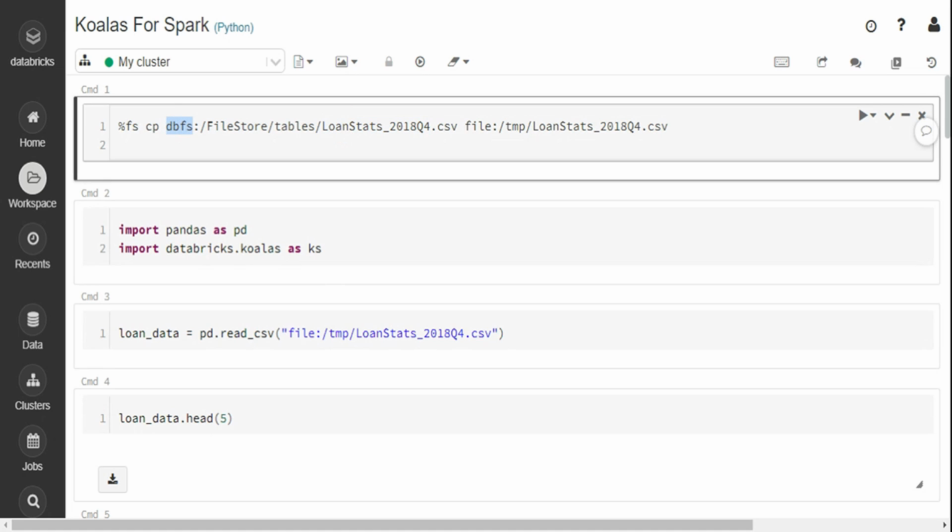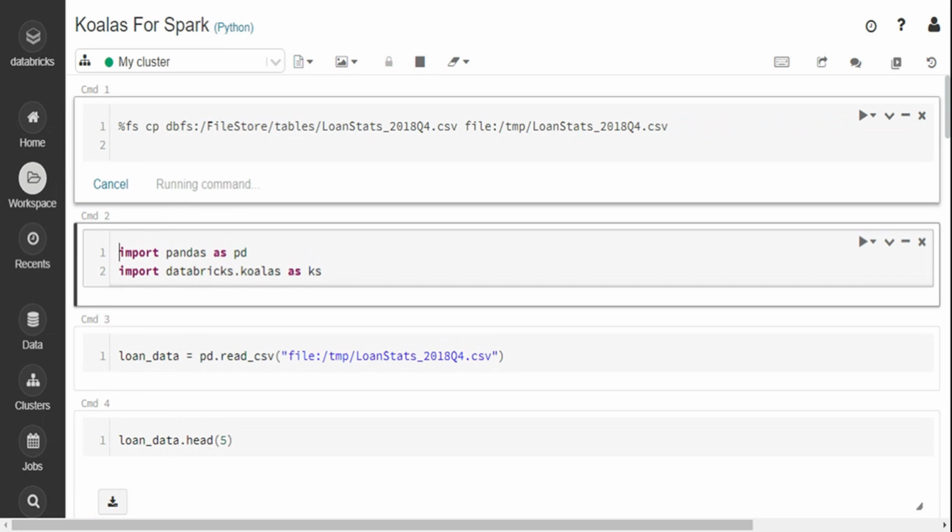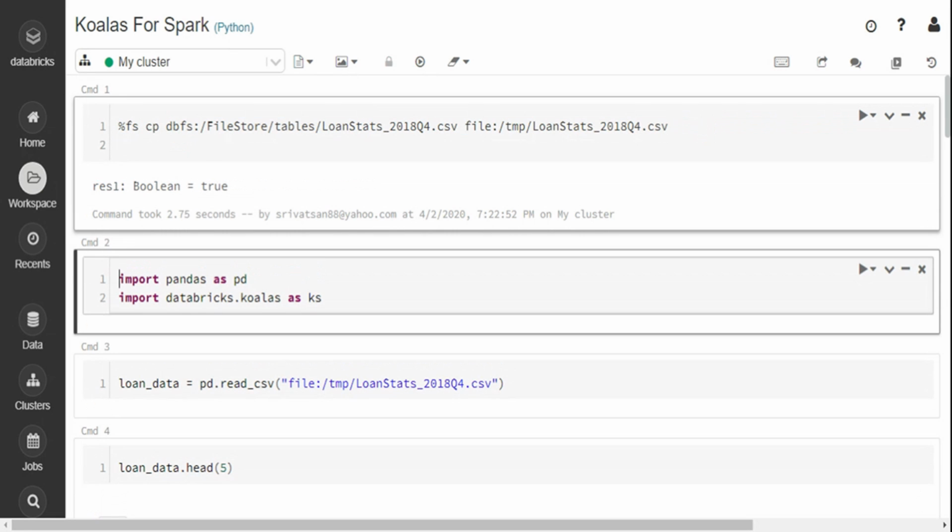Now first I'm going to show Pandas and then convert it into Koalas, right? So for Pandas to work, basically the data should be in a local file system rather than a distributed file system. So in the first line, I'm just doing a file system copy. I am moving the data in the Databricks file system into the local file system. Now, for this video, I'm going to show more of the functionality of the framework. So you need not understand the complete data, but wherever it's required, I will tell you what the data is about, right?